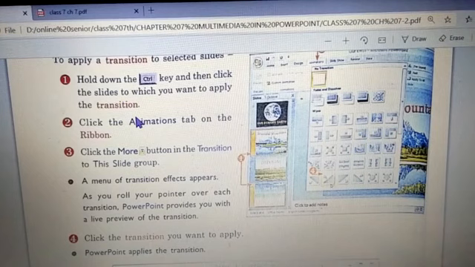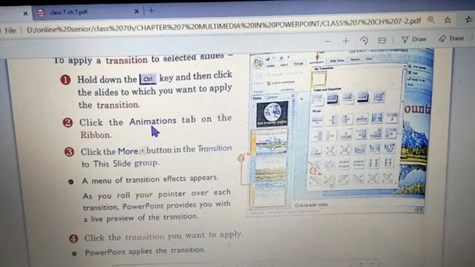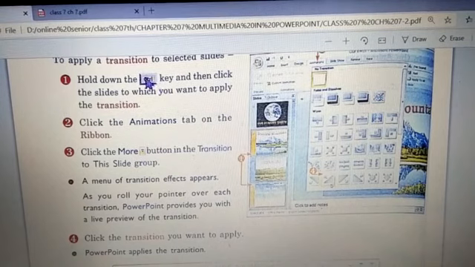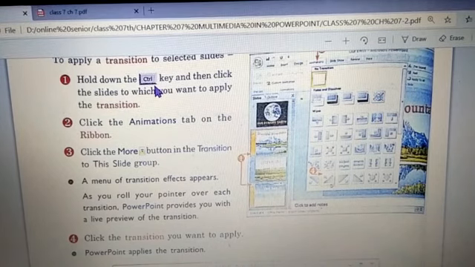So this option, children, is not very necessary. You can just select the slide. Okay, I will show you how different it is. You can select the slide and go to the animation tab on the ribbon. Then there are these options there in the slide group. You can select those effects and automatically that transition will be applied to the selected slide. Now, this control key one I will tell you later. First let us go with the simple aspect of this transition.